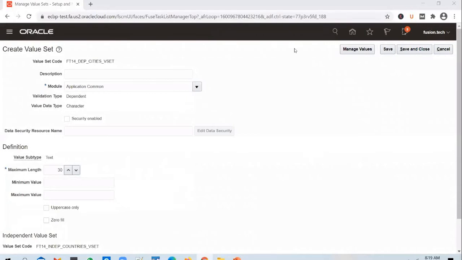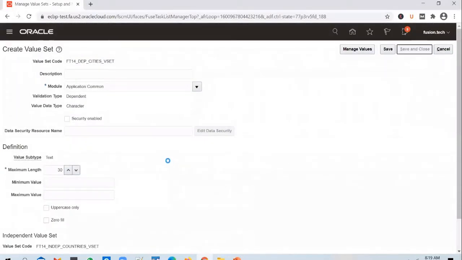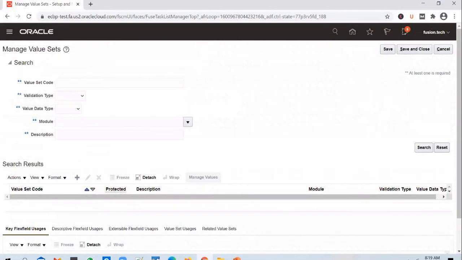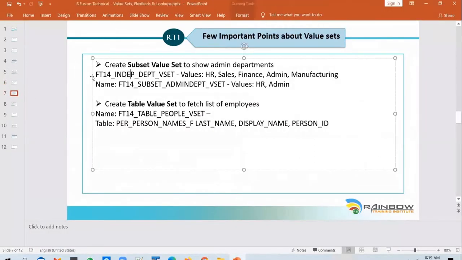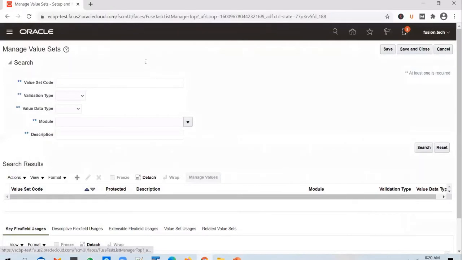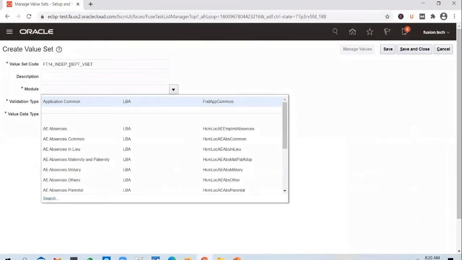Yeah, fine. Okay. And we go ahead and save and close. Let's create another independent value set, and we will be storing our departments in there. Click on the plus icon. So we are creating this to store departments.